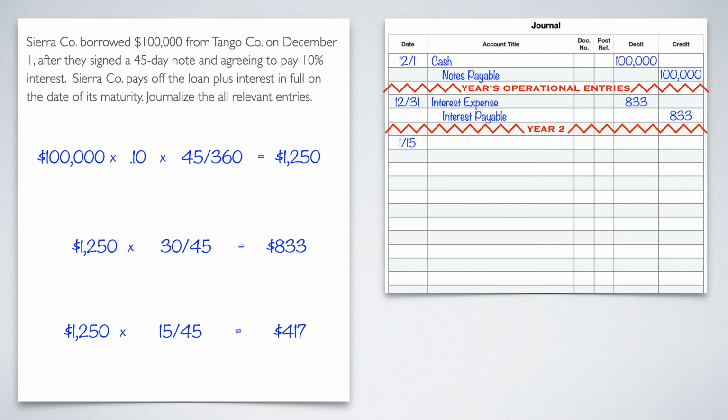So if I put that into a journal entry, first things first, I'm getting rid of cash because I'm having to pay it away, because this is the money that I borrowed, so now I've got to pay it back. So cash is going to go down. Credit cash of the total amount of the principal plus the total interest, which was the $1,250. So 100,000 plus the $1,250 gives me $101,250. And my debits are going to be my principal. I'm getting rid of it. I don't owe that anymore. So notes payable, debit of 100,000. Interest payable, because I'm getting rid of that. Interest payable of the 833 that I have so far. And the remaining 417 is still going to be expensed because I haven't expensed it yet. So that's going to be 417 into interest expense.